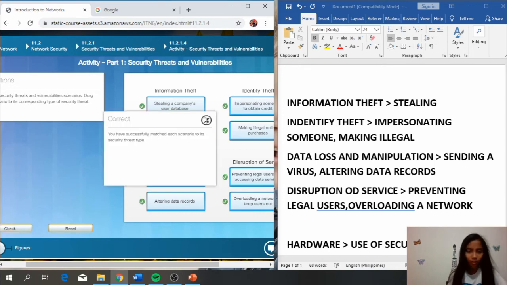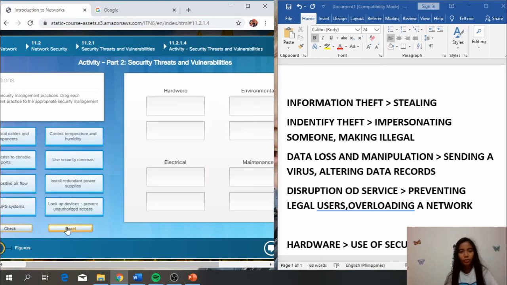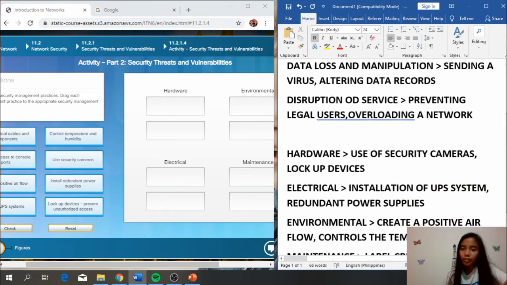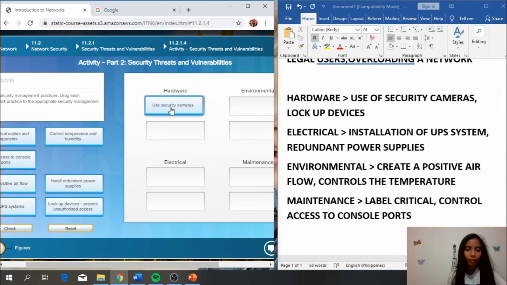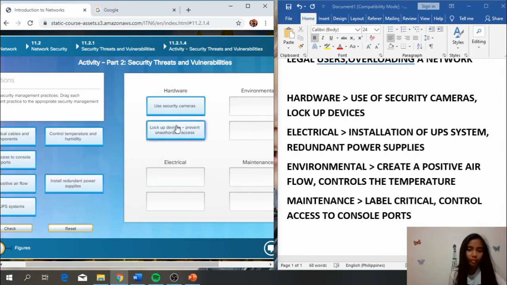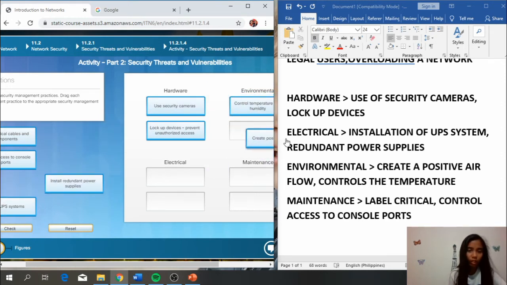Yes, that's all correct. So now let's proceed to the next figure. So we have here the hardware, by the use of camera and lock up devices. So control the temperature and the airflow,